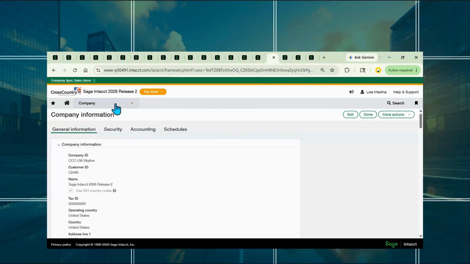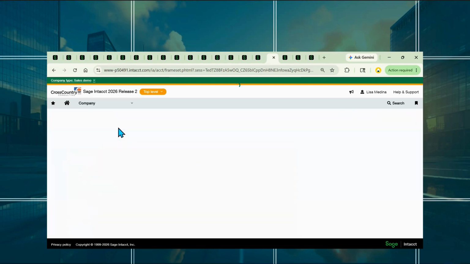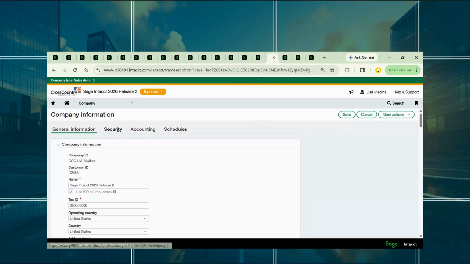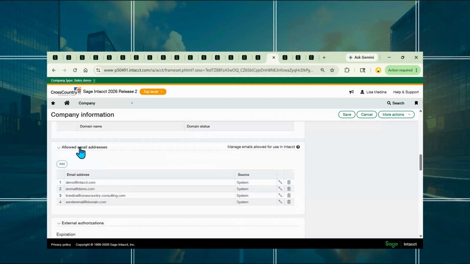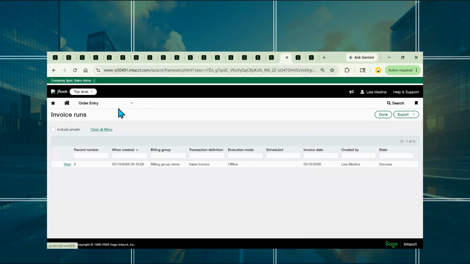So first you have to enable the email addresses in your company settings. So when you go into company, setup, company, I'll just hit edit here. In your security tab, you'll scroll down and you'll see a section for allowed email addresses. So you can list those email addresses here. I have about 4. And once you have them there,